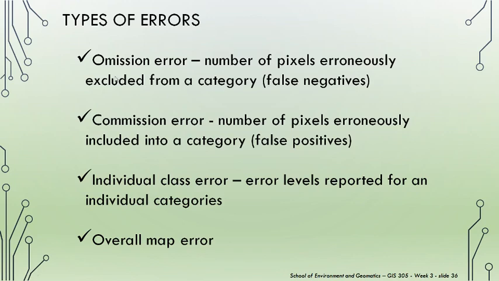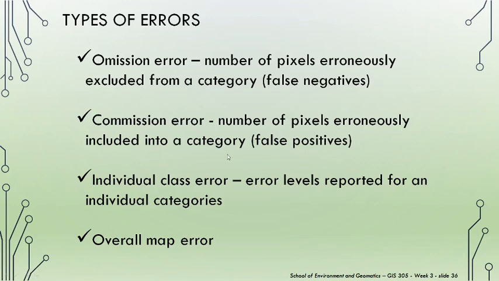We'll also introduce a bit of language here: omission error and commission error. So an omission error refers to the number of pixels that are incorrectly or erroneously excluded from a category. So it's all your false negatives. You've omitted pixels, so these are negatives, and they're false negatives, so it's an error. It's an omission error. A commission error is when you've committed pixels, you've classified pixels, again, erroneously into a category